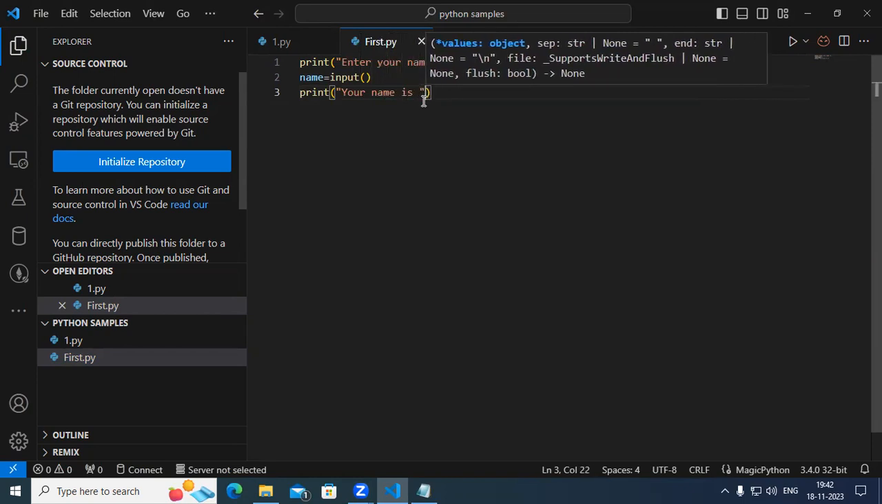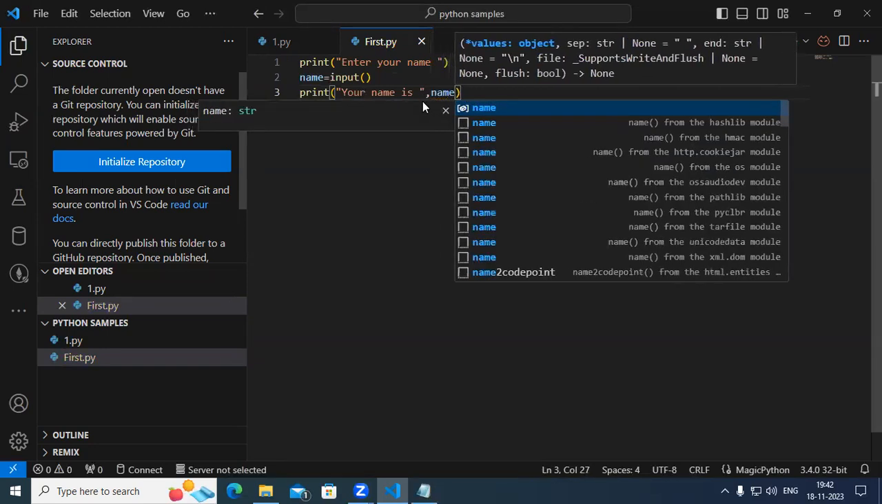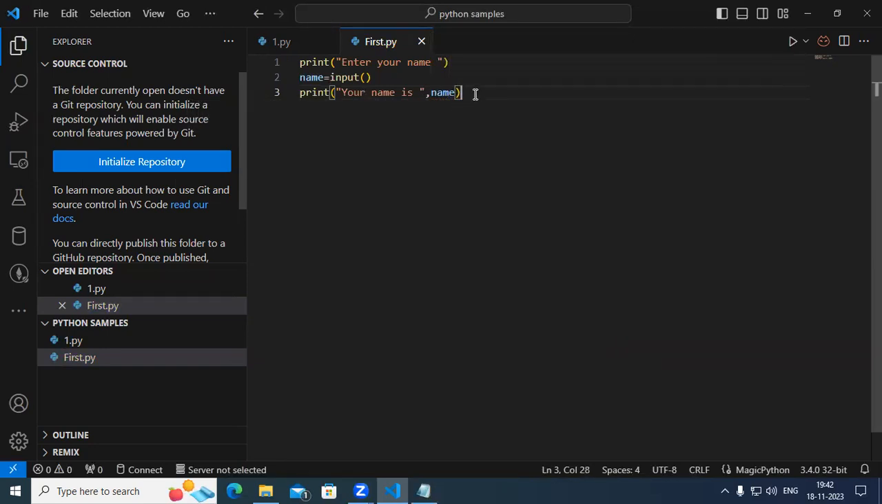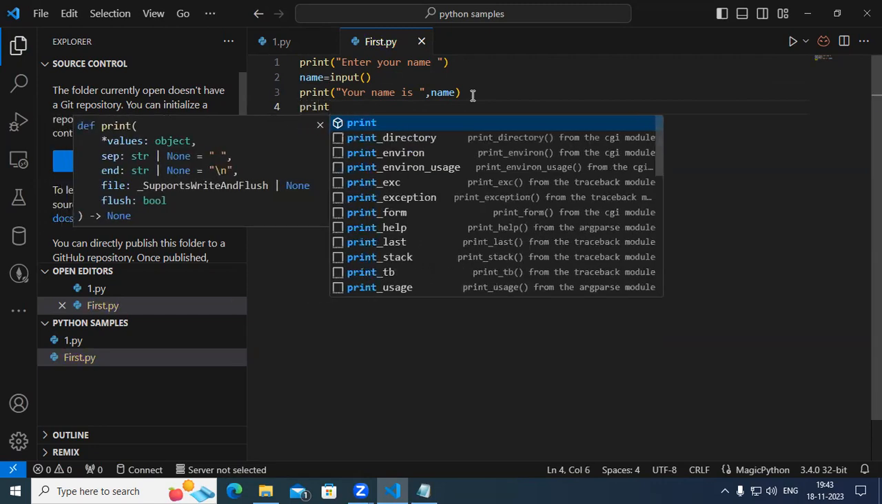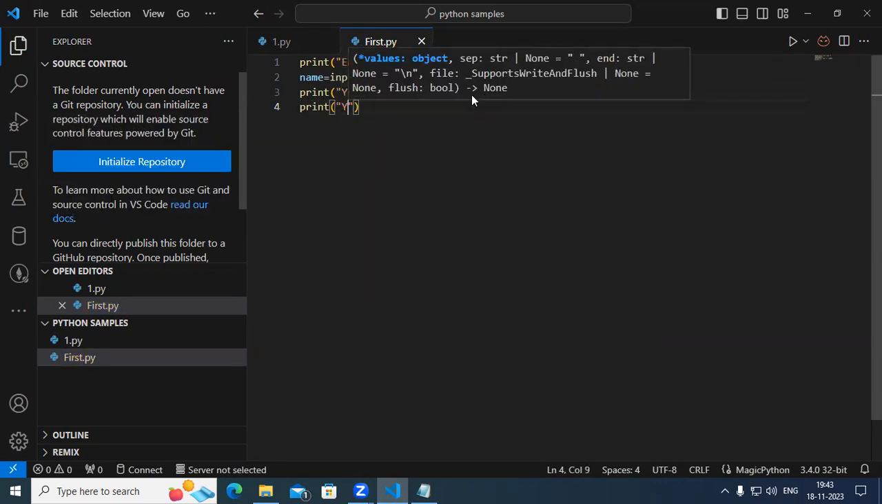Okay, followed by here, write this way, name. So I'm using in this case two arguments. First one is your name and second thing is name. Or else it can be printed even like this. Print your name